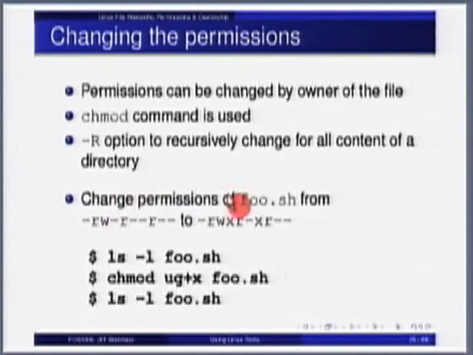So how do you change the permission of this particular file? For example, this is how one can do it. This is the first simple way to learn it. Change mode: only the owner can type this. If others try to type this, it will say you are not the owner of this file. u for user, g for group, plus meaning you want to add permission. x, add what permission? Execute permission to this file.